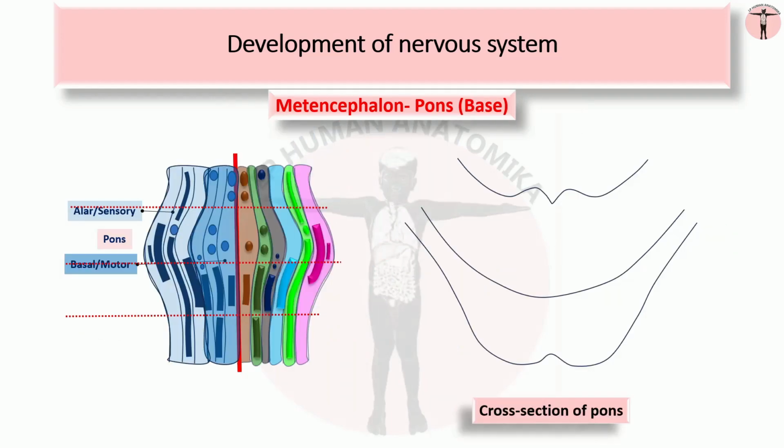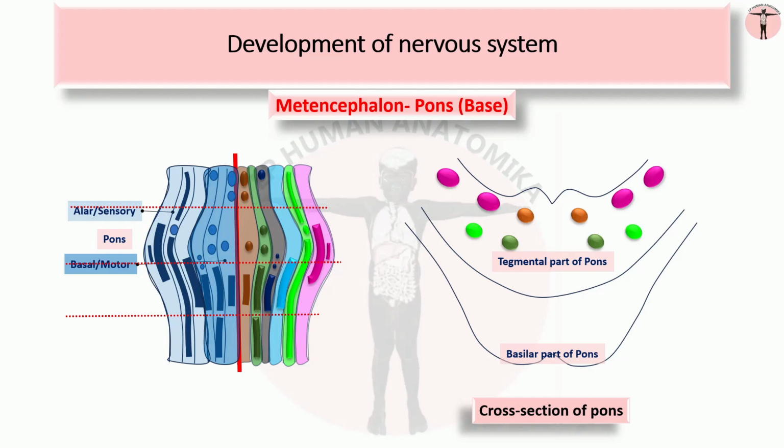When we take a cross-section of the adult pons, it is divided into two parts, dorsal and ventral. The dorsal part is called the tegmental part, and the ventral part is called the basal or basilar part of the pons. All the nuclei of the pons we discussed until now, which are derived from the alar and basal plates, are present in the dorsal